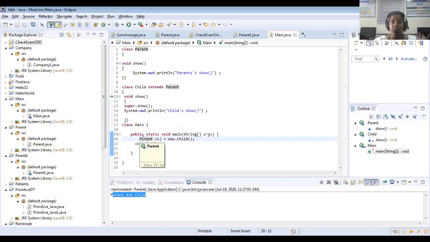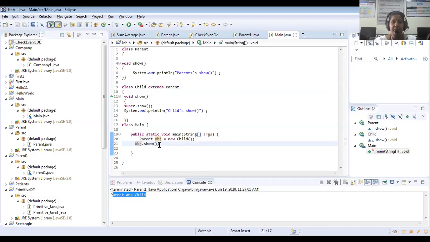So when you are doing an inheritance program, at that time you can do it like this. But with two normal classes you can't write Parent if it is not a parent class. But with the extends keyword, we are inheriting the properties. So Parent obj = new Child(). Immediately where will it go? Is the child constructor there or not? Nowhere it is there, so it will leave. Next statement, obj.show().